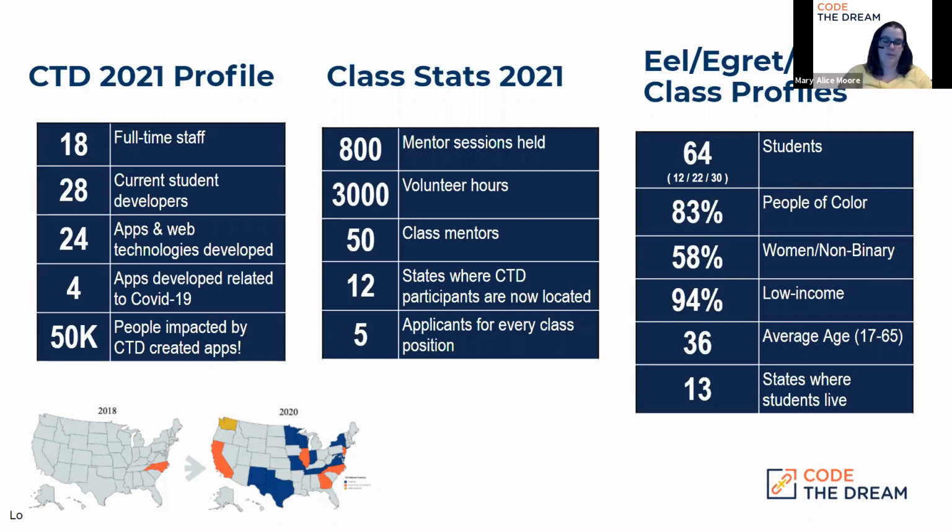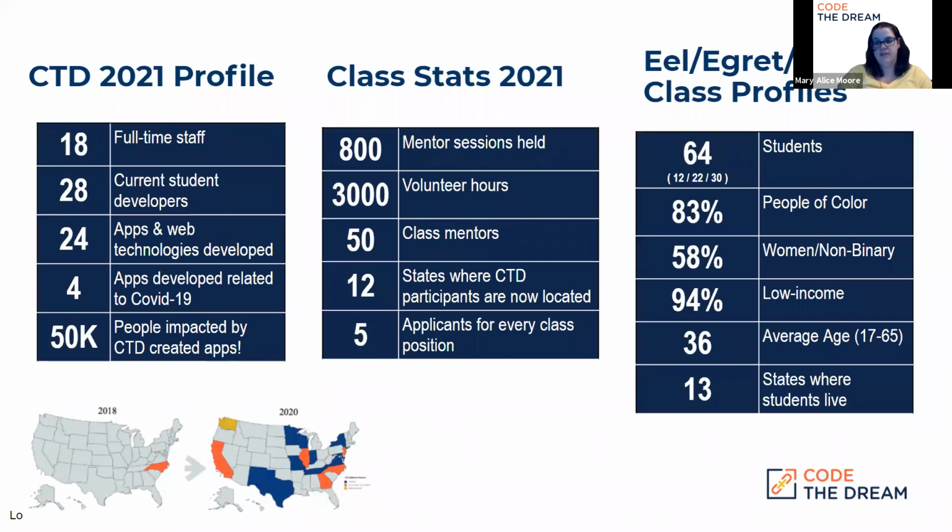Yeah, and since one of our main focuses is diversity, I'm always fascinated by the class data that we have as far as what the statistics are like for the students. So in this next group of classes, just starting in August, it's 64 students that we'll have total among those three, but we've had several more than that, obviously, in classes that have been completed already in 2021. 83% of that group is people of color. 58% are women or non-binary, 94% of them are low income, and that number really drives home the importance of them having access to these free classes.